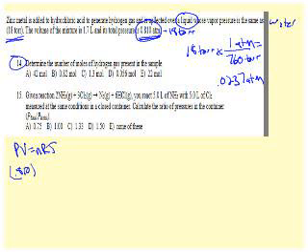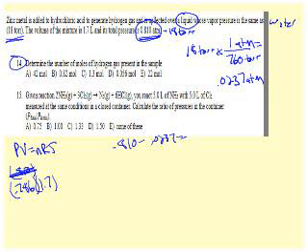I might just do it on the side: 0.810 minus 0.0237 equals 0.786. So I have 0.786 times the volume, which is 1.7 liters. That's given. Liters is a good R unit. R is 0.0821, which of course is a good R unit. And the temperature is,